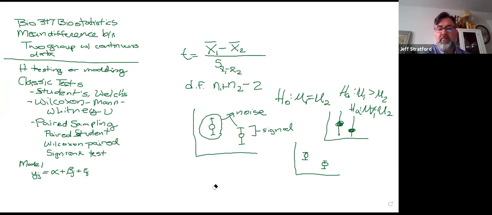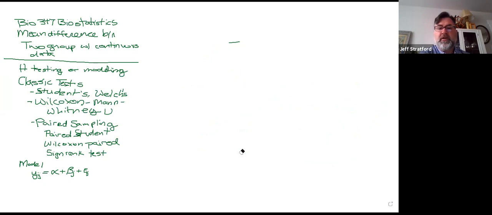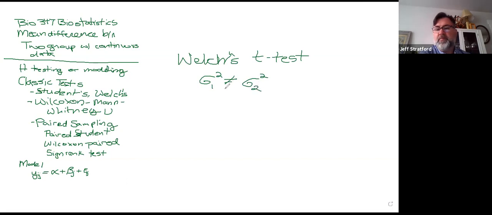All right, so what if we don't? Well, let's tackle one of the assumptions. What if your variances are unequal? Okay, if the variances are unequal, you're going to do a Welch's t-test. And here the assumption is that the variances are not equal. How do you know they're not equal? Well, the previous lecture, we went over that. So you would do an F-test. It's called an F-test, and in R, it's called var.test, and you would test it, okay? And if the F-test is significant, it means that these are not equal,